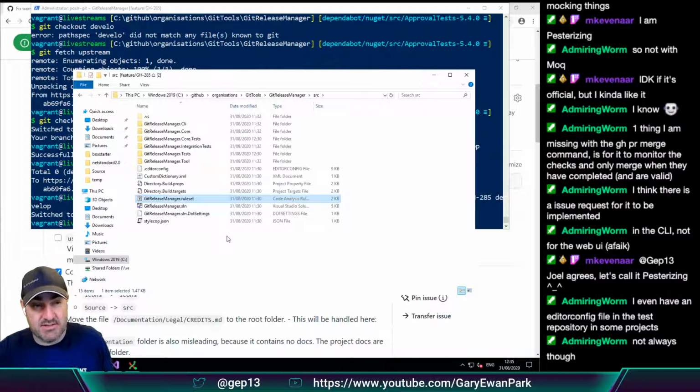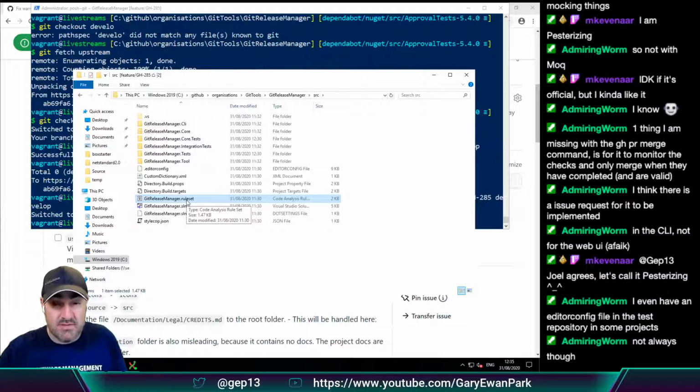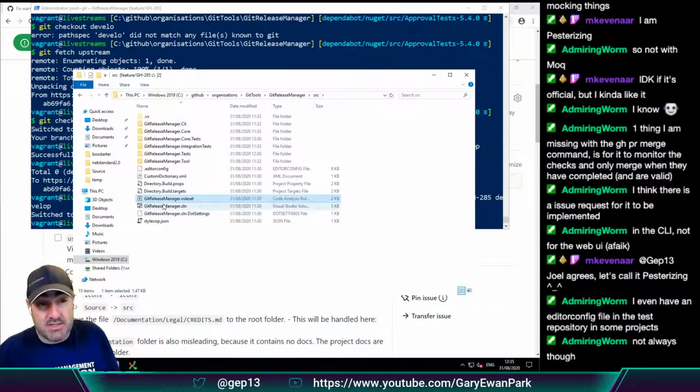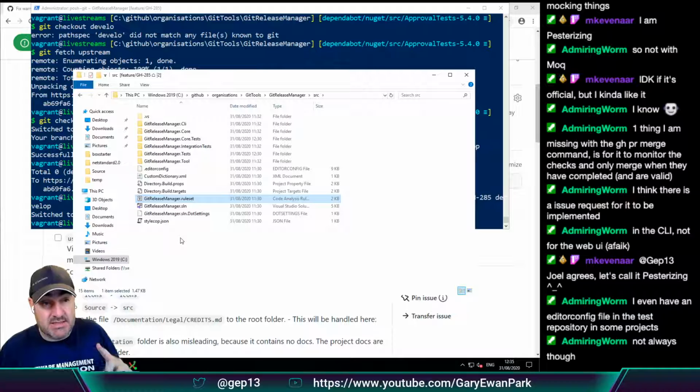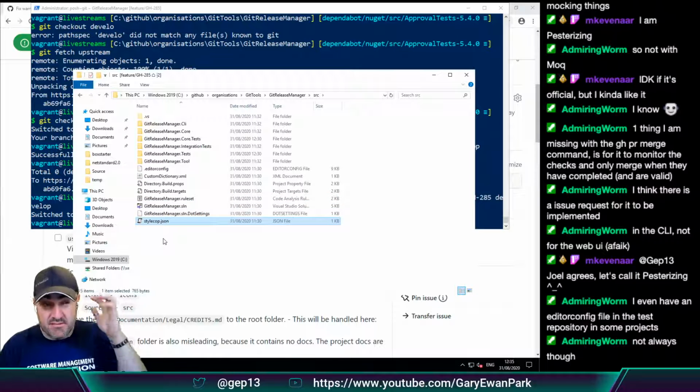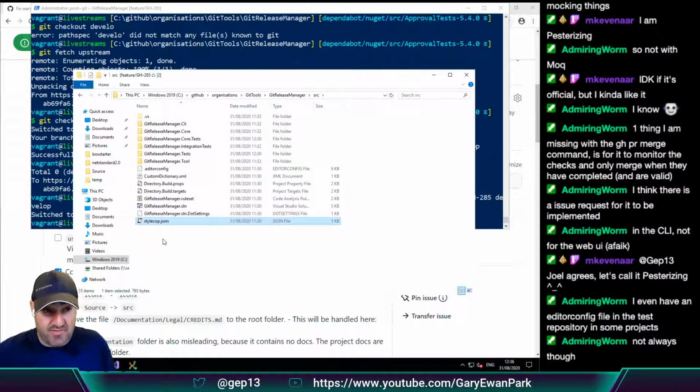His understanding is that the concept of a rule set is going away, and the functionality of the rule set is going to be replaced by the editor config file. And he doesn't use rule sets anymore. He defines everything within his editor config file hierarchy, and he still has a stylecop.json file, which we also have here, that defines the things that he hasn't quite brought into the editor config file at the minute.